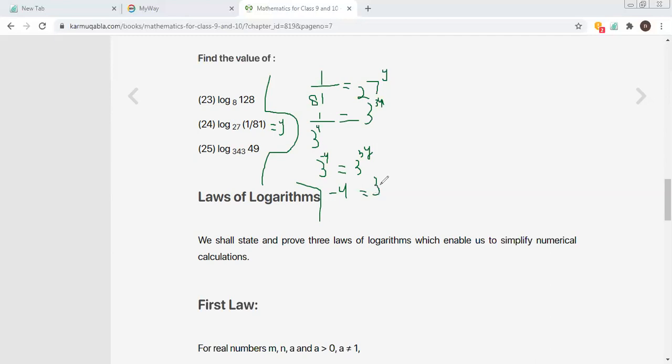What will our answer be? y is equal to, yes class, what will our answer be? -1. How? -4/3 is the answer of the question. How can you say that -1? We are not subtracting class. Are you getting my point, students? Yes. It becomes -4/3.